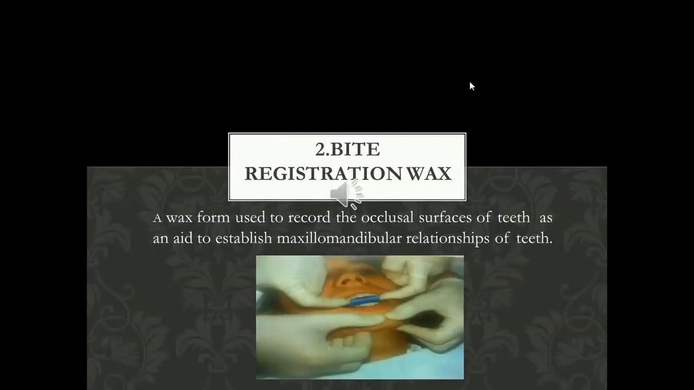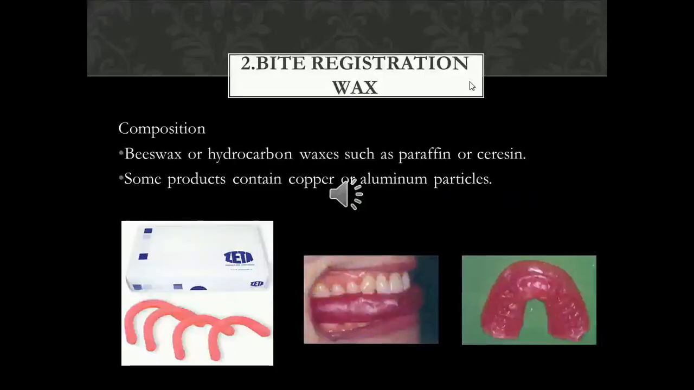Now, moving on to the bite registration or occlusal registration waxes, they are used to record the occlusal surface of teeth, the opposing teeth, as well as an aid to establish the maxillomandibular relationship of teeth. Composition is basically beeswax or hydrocarbon waxes such as paraffin or ceresin, and it may contain some metallic particles. As you can see from the picture, they come in a preformed U or horseshoe shaped form,